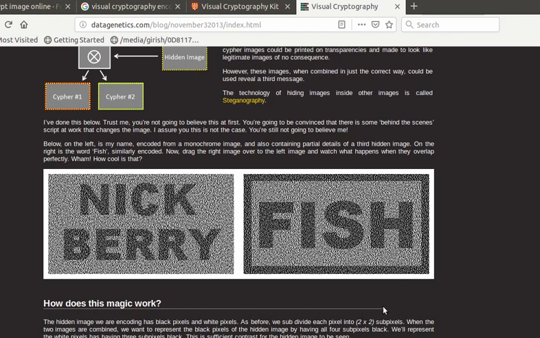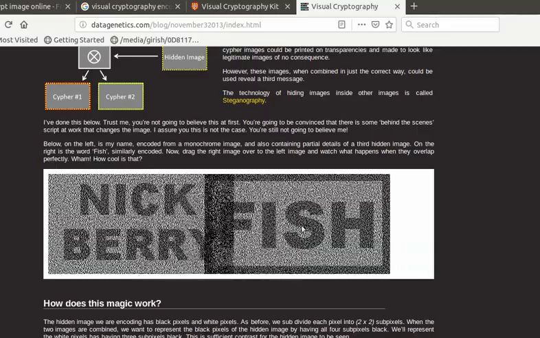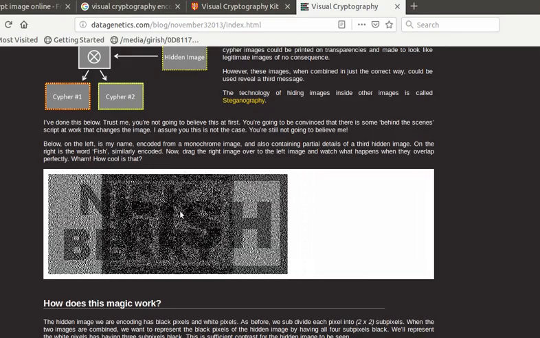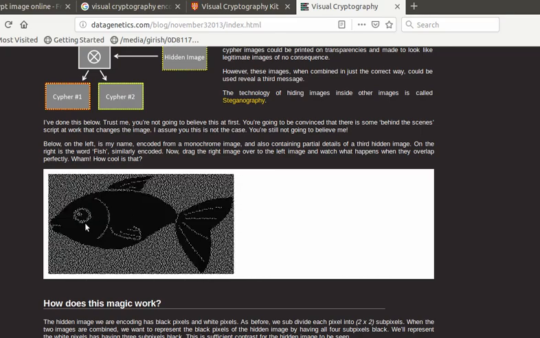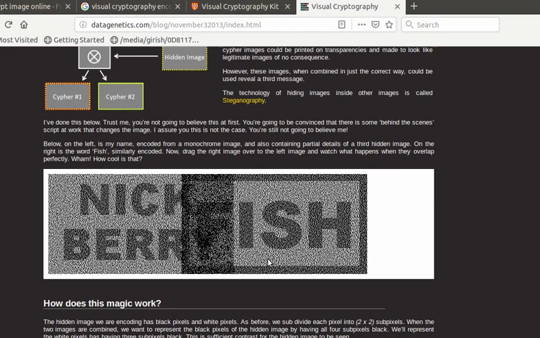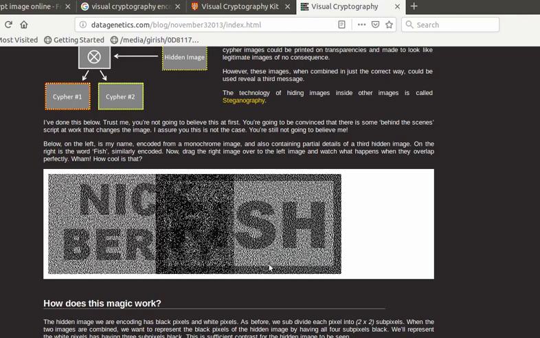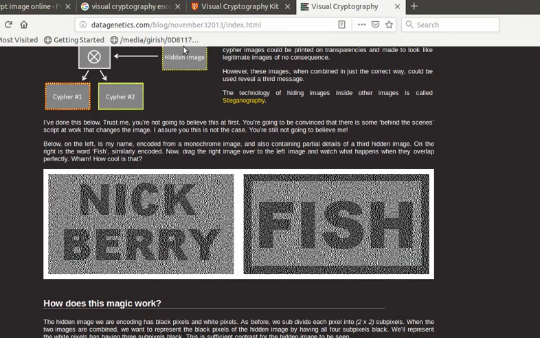If I decrypt these two images, after that I am getting what? A fish, isn't it? Now these two different images, if we match them, then you will get the original message. I am just referring to this website; I have not implemented it.